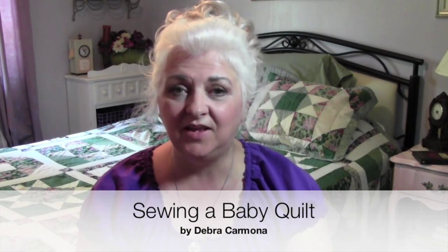Hello, today's project is a baby quilt. I'm going to show you the step-by-step process of sewing a quilt. One will be the actual putting it together and some sewing tips on how to work faster and be efficient. It should give you everything you need to know to make a quilt for any size, whether you want to make it for a twin-size bed for the kids or if you want to make it a full-size quilt